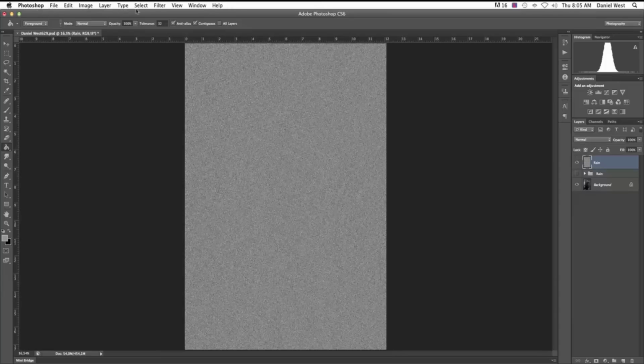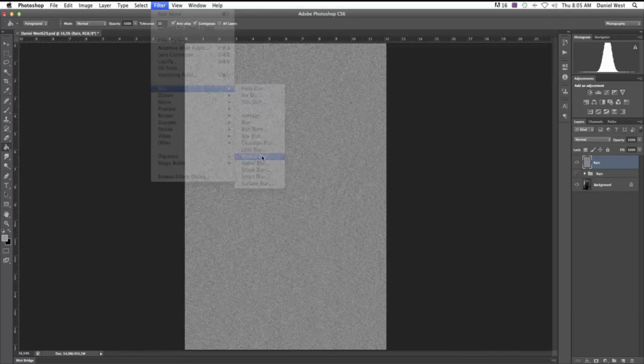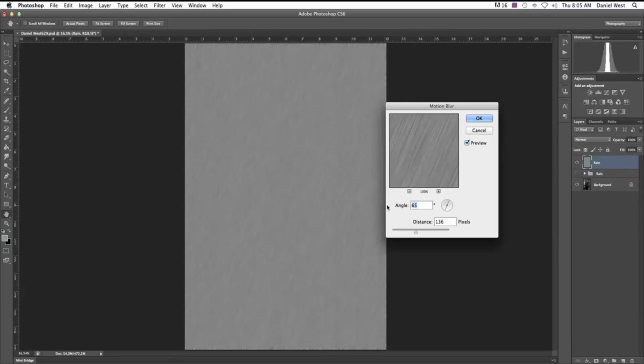So without further ado, let's go to filter. We go to blur, and we go to motion blur. Yes. Alright. Now here you can select your angle. We can go 45. If it's really strong wind, we go 90, like just coming down is normal. 0% is sideways, obviously, and so on. So what we want to do is go to about 55, even, to give a nice angle. That way our rain is coming from the right to the left. Otherwise, if you wanted to go left to right, you just go minus 45 or 54 or whatever you like